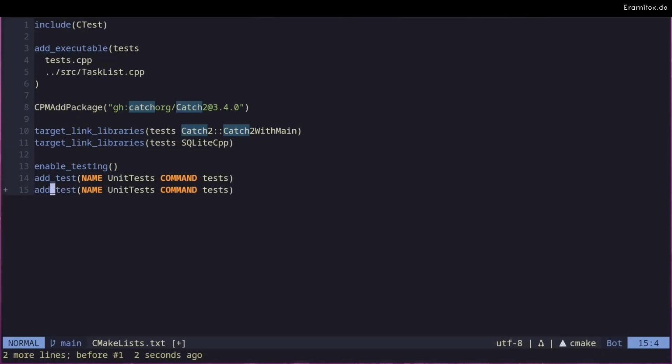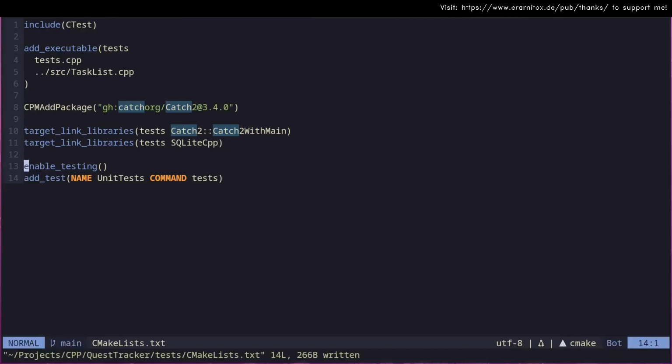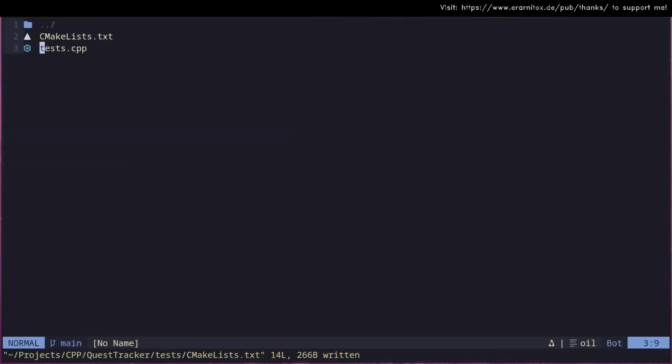So let's say we would have a different target, we could name this integration tests, for example, and then of course we would provide the integration tests target. We would also need to specify a new executable target, but we don't want to do that right now. So now that we have seen how the cmake for everything looks like,